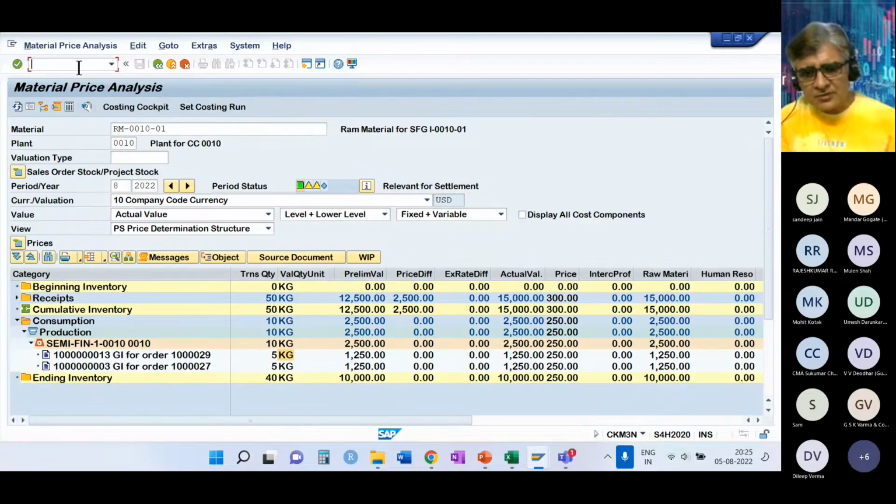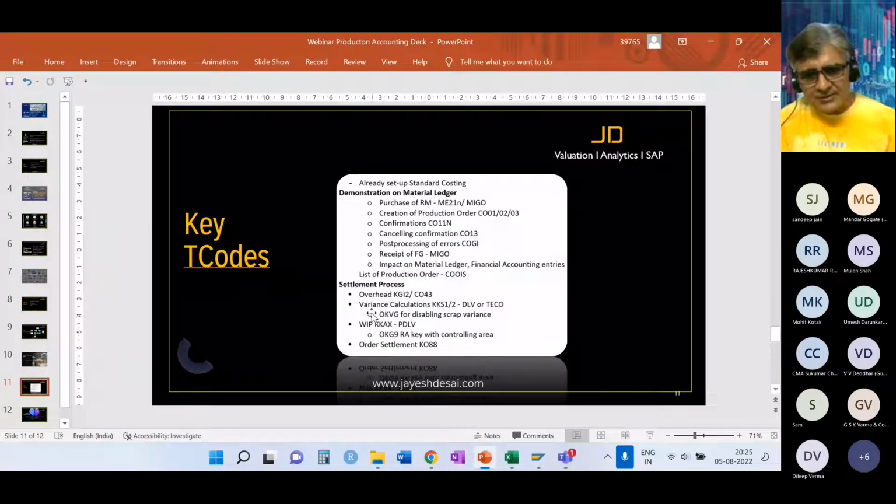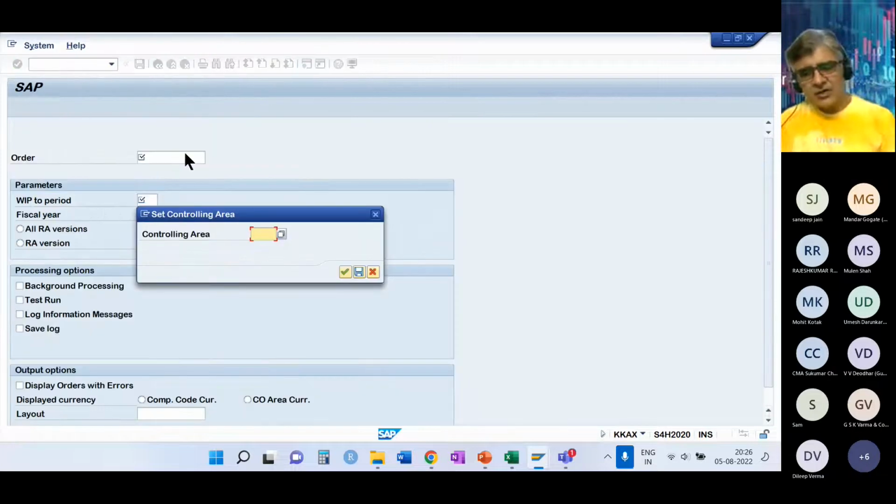So this step also involves T-codes. Let us take first the WIP, that is KKAX. There are certain rules within SAP. If your production order status